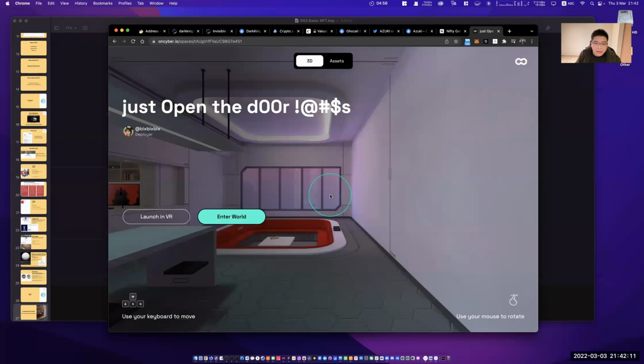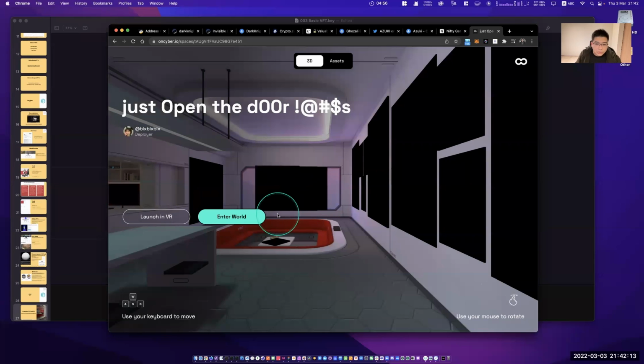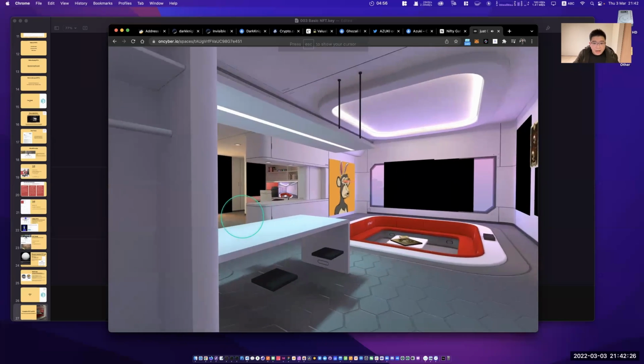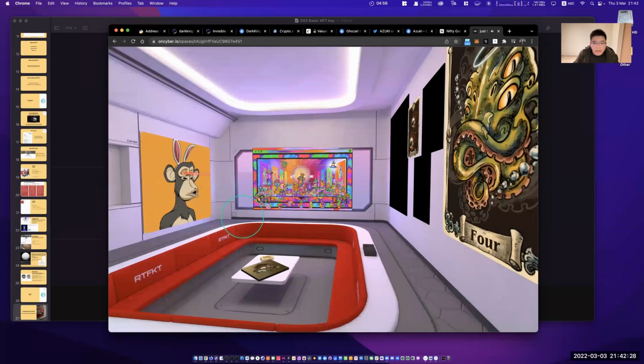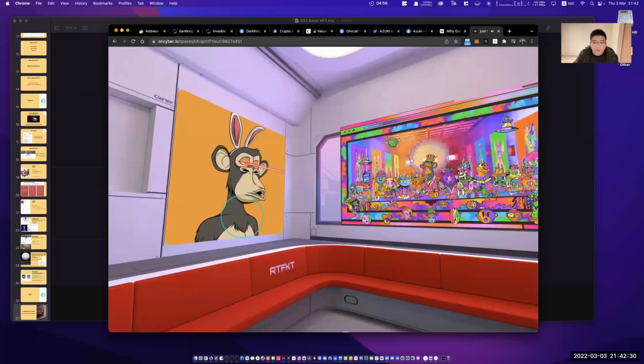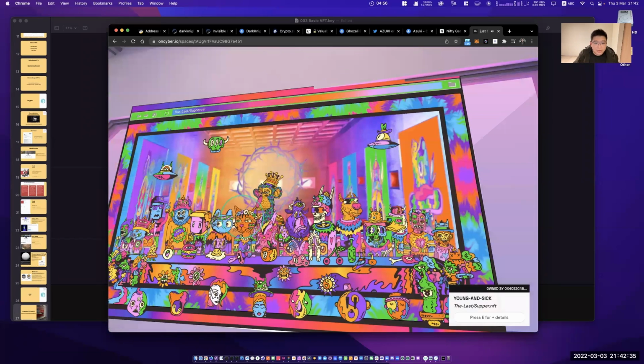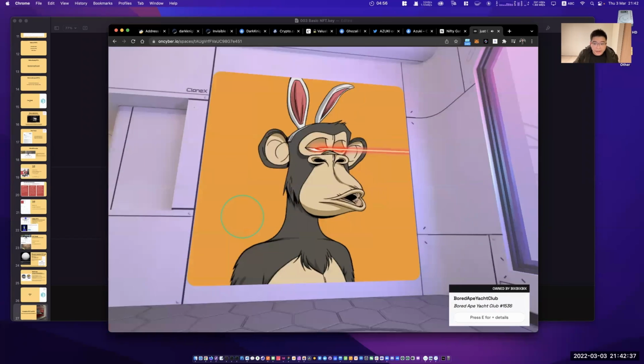And this one is one guy's portfolio. I think it's a digital portfolio of digital assets, where he can say, hey everyone, I have this asset. Enter the world. You can see that in this room, his room, he has real assets, and you can buy from him as well. You can take a look at the art that he owns.